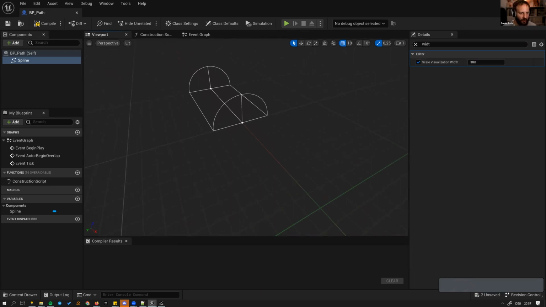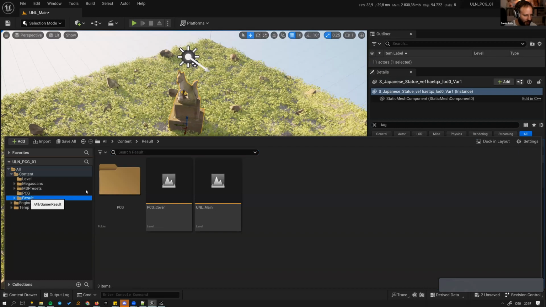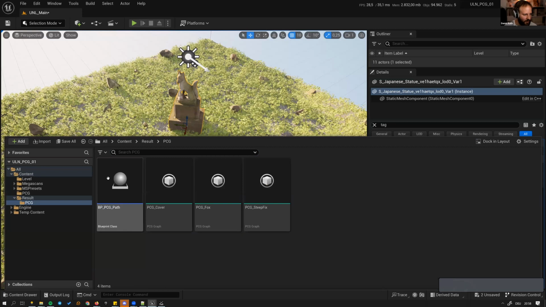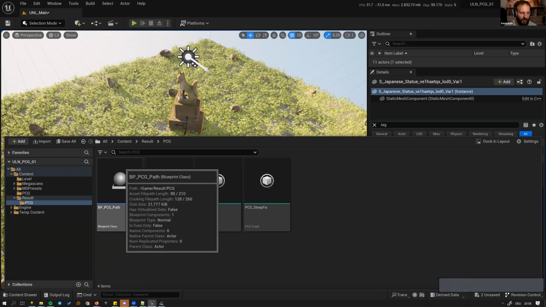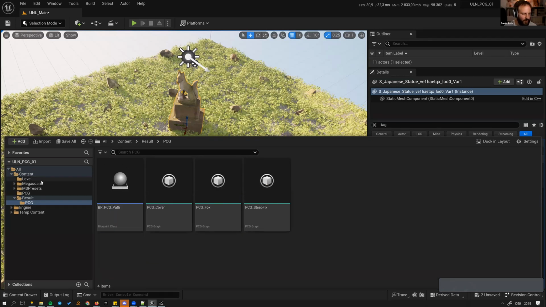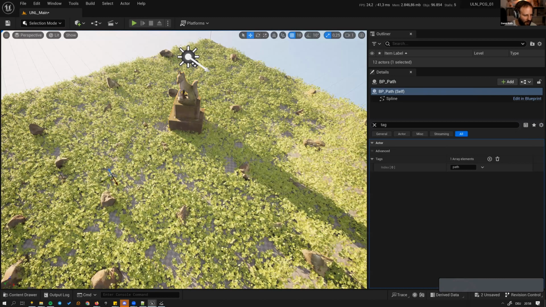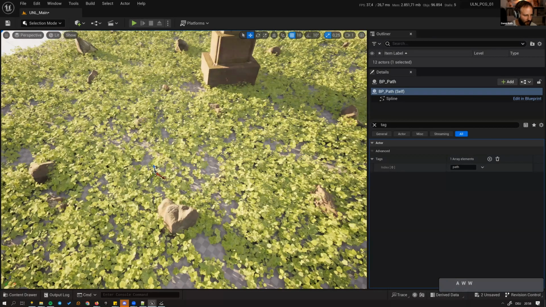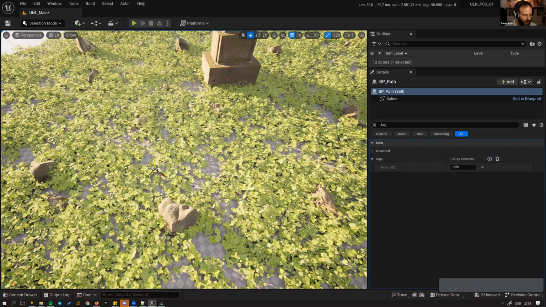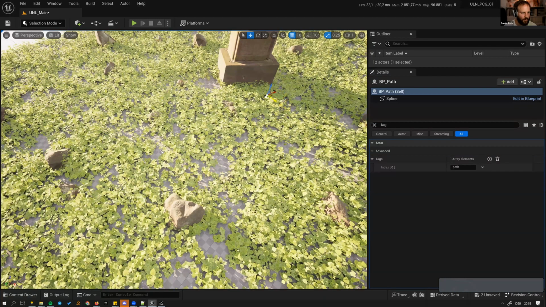And if I was too fast, in your scene, there is a folder called result with PCG, and there is a BP PCG path, and you can just drag this one into your scene. It's exactly the same setup. So for now, I will use the one that I just created, and you will see I now have my tiny little path here. It's probably hard to read on your side, and I will just grab the point, move it to the side,